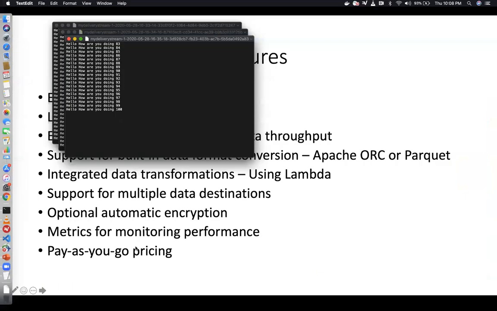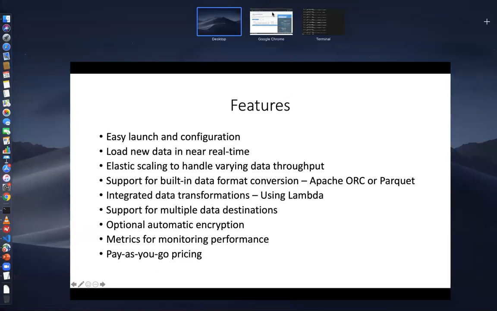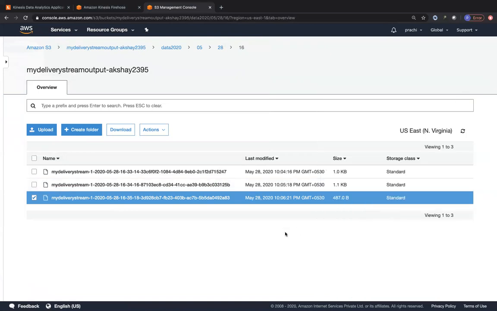So all of this data is being sent to us within 60 seconds or so, once we have started sending all of our data into the sample stream. Then it goes through the Kinesis data analytics application. From there, it goes to the output stream. And then from the output stream, we are sending it to Firehose and then sending it out to S3, right?